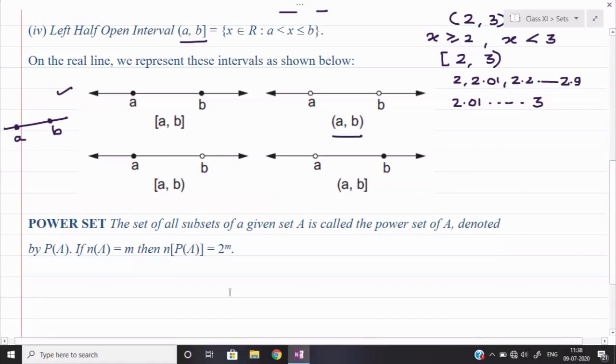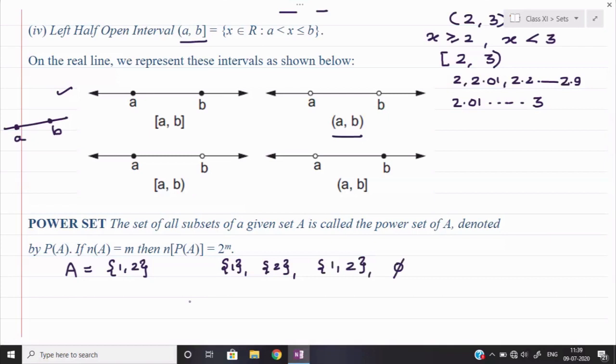For example, I will give you a short example here because we have to start the questions also. So suppose I take A is equal to {1, 2}, two elements are given. Now can you tell me what subsets are possible? One is {1}, second one is {2}, then third one is {1, 2}, and last one is the empty set. Remember you have to take all the subsets. They are not saying proper or improper subset, so don't be confused in that.